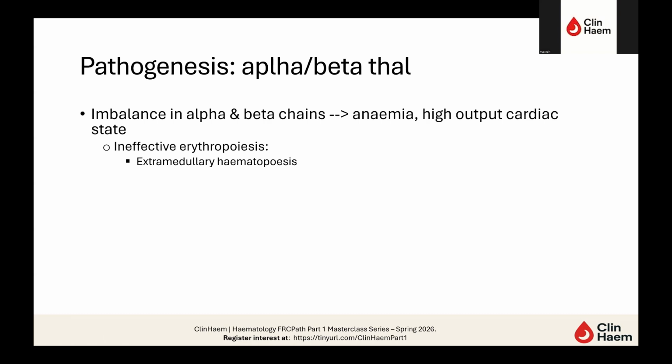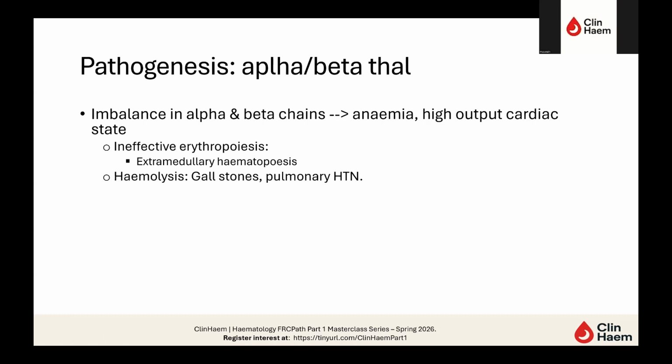And this will cause problems. Of course, hepatosplenomegaly can be seen, and expanded intramedullary hematopoiesis can cause bone problems. And as you can imagine, if it happens around the spine, it can cause problems like cord compression and things like that. So even though the body is trying to compensate with increasing the hematopoietic drive, it will still remain ineffective because the cells that come out also have those abnormal excess alpha or beta chains,